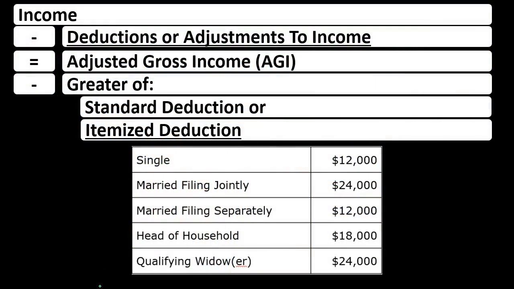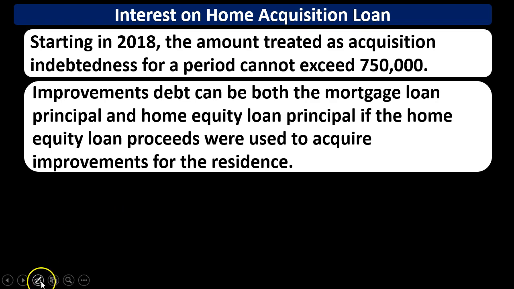Remember that as we talk about itemized deductions, we will only be taking the itemized deductions if they sum up to an amount greater than the standard deductions. Depending on filing status, note that the standard deductions have gone up for 2018, a list being down here: single 12,000, married filing jointly 24,000.